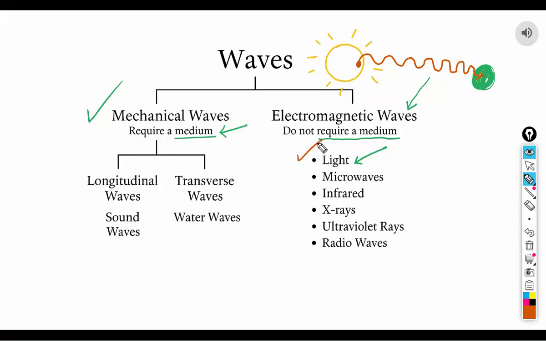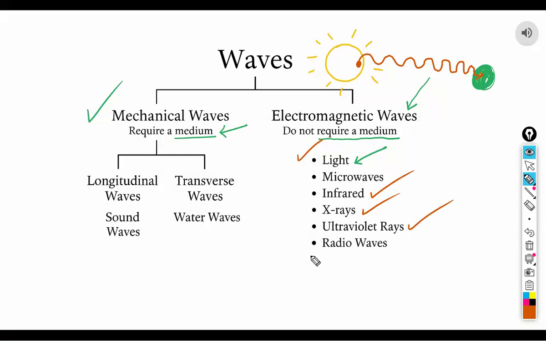Light, which is a type of electromagnetic wave, which we'll study in detail much later, does not need a medium. The energy still manages to reach from the sun to the earth without any substance linking them directly. And all of these, the microwaves, the infrared, X-rays and whatnot. By the way, the sun doesn't only produce light, the sun actually produces infrared and some X-rays and ultraviolet rays, and all of those things manage to reach from the sun all the way to the earth, right?